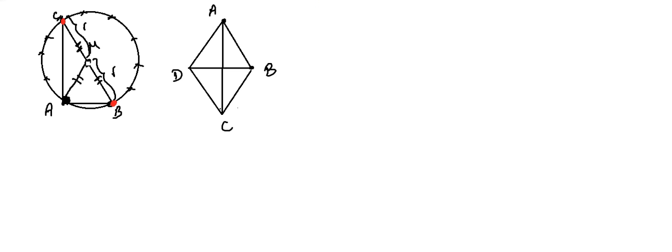CD varies, but in a way that it remains a rhombus. This means this side is equal to that side, equal to that side, and equal to that side, right? And how do we find the locus of the point of intersection of the diagonals